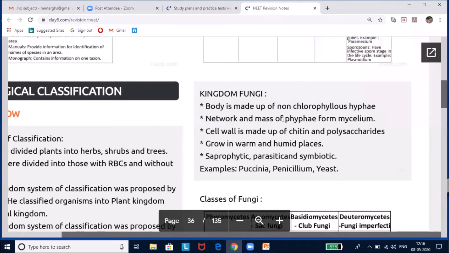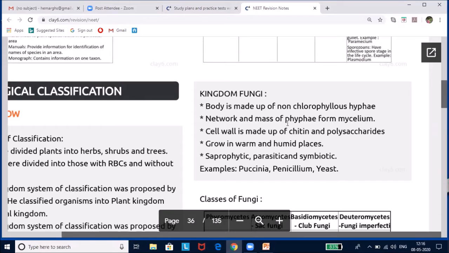These are heterotrophic organisms, which can live both as parasites or saprophytes. The body has long, slender, thread-like structures called hyphae. A mass of hyphae forms the mycelium. They can also get into symbiotic relationships, as in lichens with algae, or mycorrhiza in the roots of higher plants. Asexually, they reproduce by the formation of conidia, sporangiospores or zoospores. To remember these spores, conidia, sporangiospores, zoospores, remember 'computer screen on Zoom' or 'Zoom the computer screen'. If you remember this mnemonic, you will get the asexual spores.